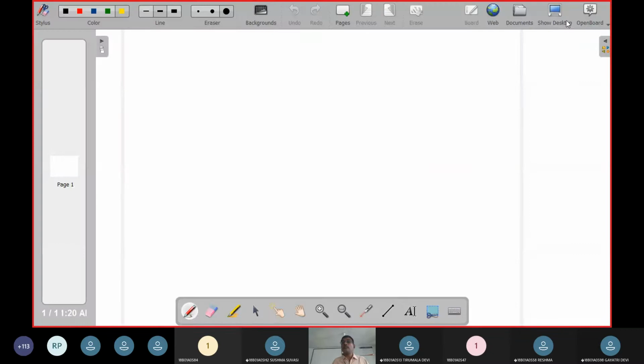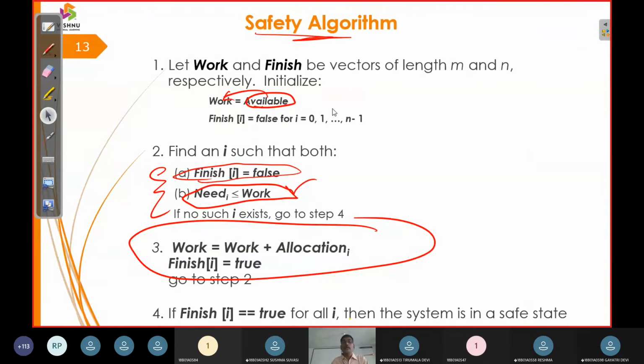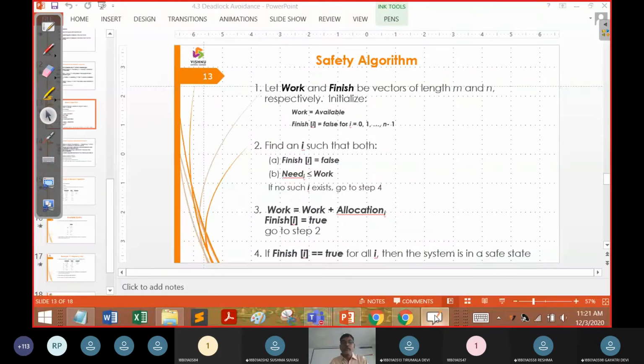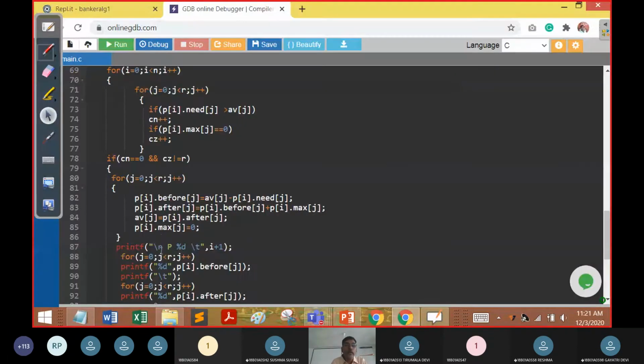So now work is equal to work plus allocation is the demo we expect from the program. So now let us move back to the program here. So when need is greater than available, you can see here, it is going to be one of the conditions we are going to see.